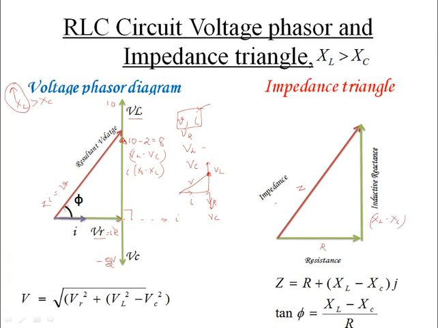So see, this is resistance, impedance, XL minus XC. This is your angle phi, right? So how will you write the overall impedance Z? See, if I am having a phasor like this, if I rotate it in the anti-clockwise direction by 90 degrees, I'll get j rotation, right? So I can write R plus j times XL minus XC, I have to write. So this is the overall impedance. Clear?